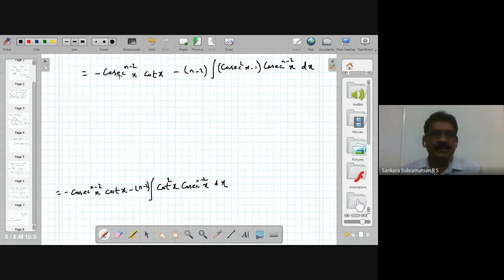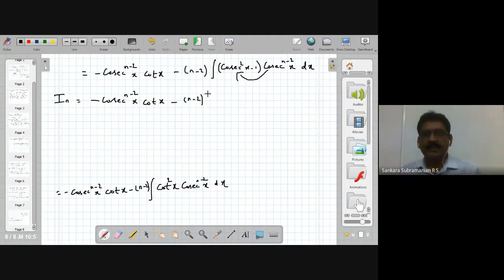Which is equal to minus cosecant to the power n-2 times of x into cot x, and this is n-2 times of, இது ரெண்டையும் மல்டிப்ளை பண்ண என்னப்பா வரும்? Integral of cosecant to the power n x dx. அதே மாதிரி இங்க ஒரு மைனஸ், இங்க ஒரு மைனஸ் இருக்கு, அப்போ பிளஸ், n-2 times of integral of, இது ரெண்டையும் மல்டிப்ளை பண்றப்போ you get